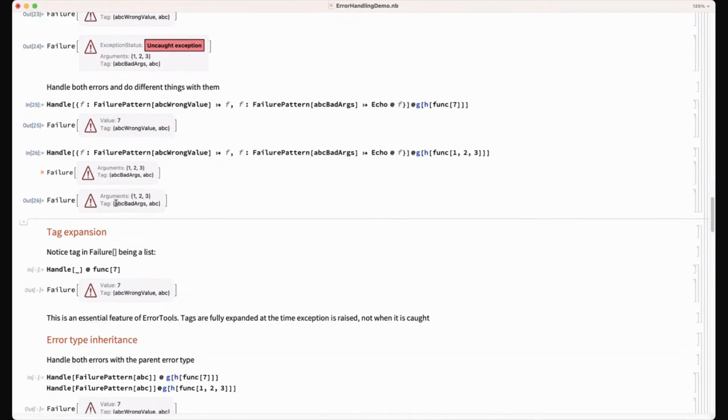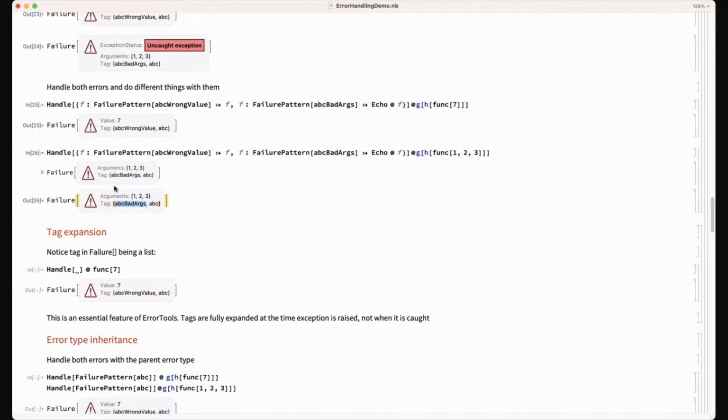Now you can also see something that might look a bit weird: the tag in the failure here is not a single symbol, it's now a list of symbols. This is a pretty essential feature for this framework, because we expand the tag plus all the parent tags, so that we try to make things as stateless as possible.